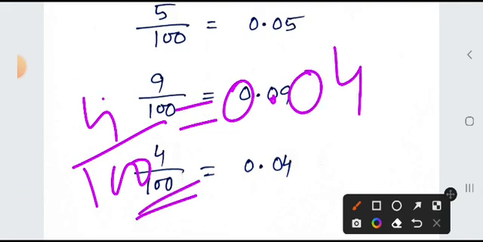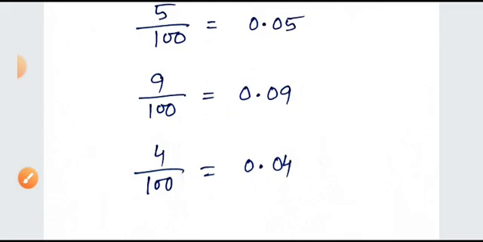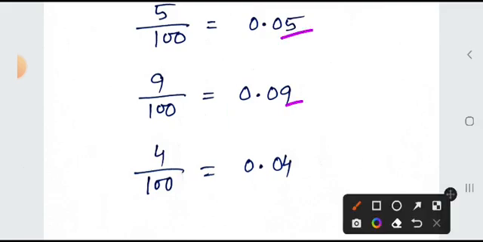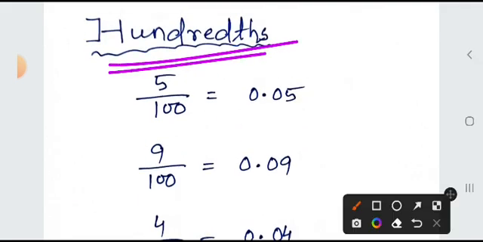Here 4 upon 100 means we are taking 4 parts out of the 100 parts, so that will be written in this way, 0.04. So the second place after the decimal is known as hundredths place. Hundredths place, here I have written, that's why here hundredths. Okay,